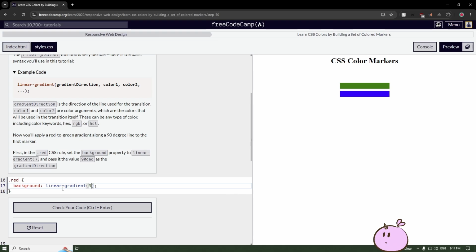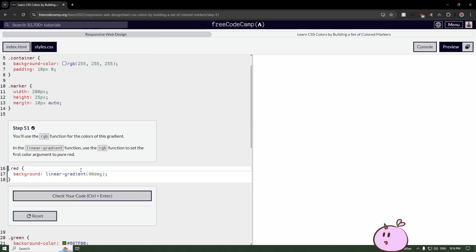And then pass it the value of 90 degrees, so you have to add the deg. And 90 degrees would be the direction to the first marker, which is from left to right, I guess. They just want us to add a degree for now. Okay, so next step,